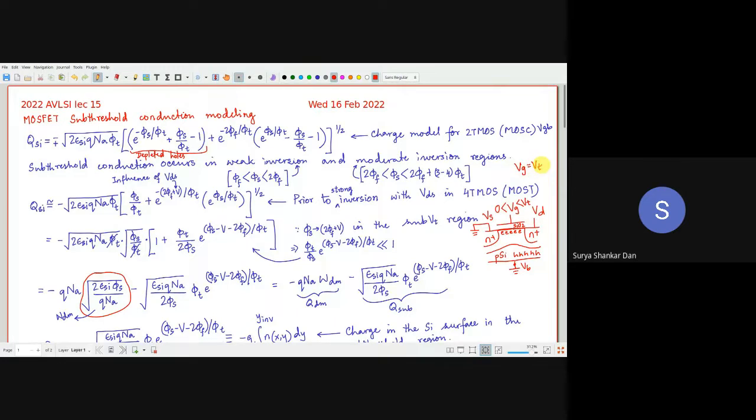That is where you say that you will start getting some current here. This is Vt, this is Vgs, this is your ID. Typical, this is what we know. So this is the condition when Vgs equals Vt, when the electron concentration on the surface becomes equal to the hole concentration in the bulk. In other words, we can say that the surface region is as much n type as the bulk is p type. That is the very standard definition of inversion.